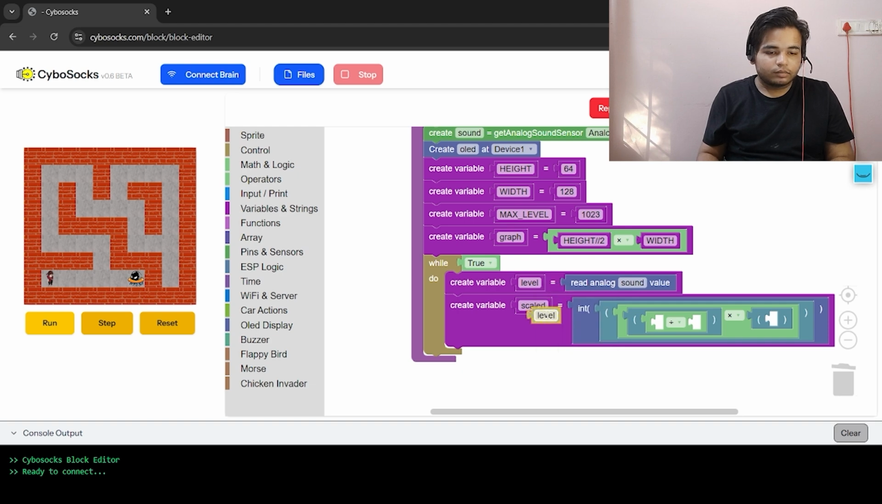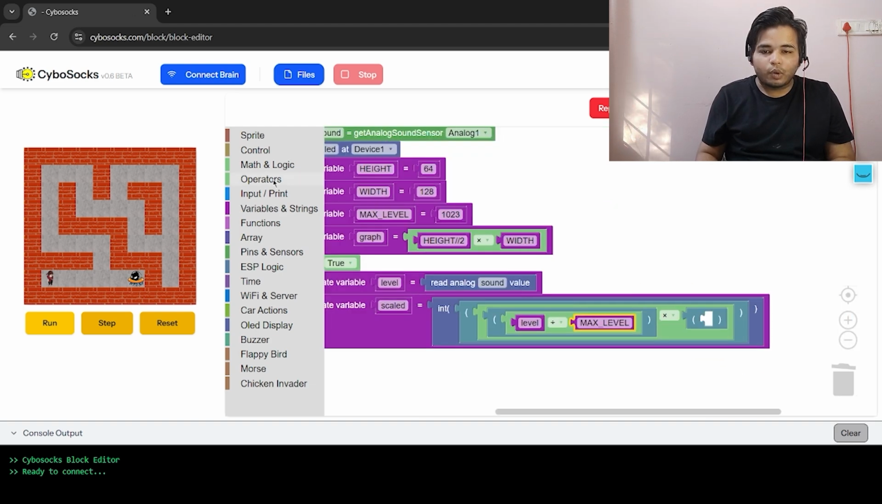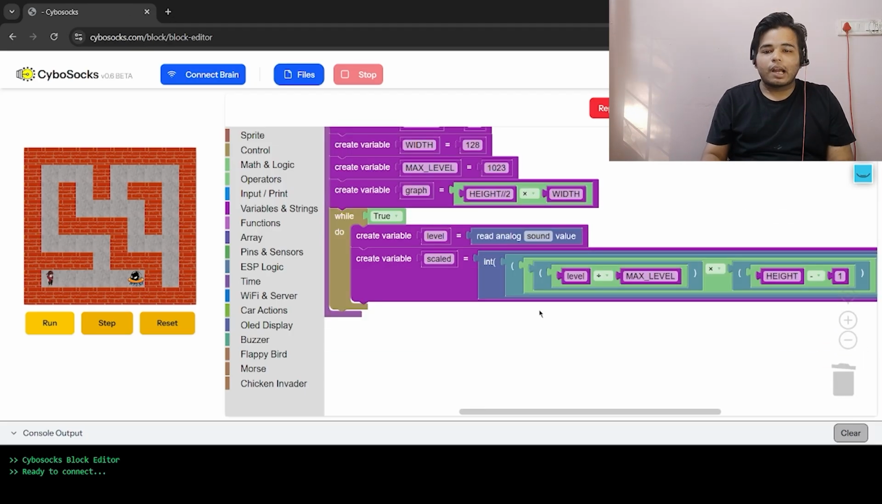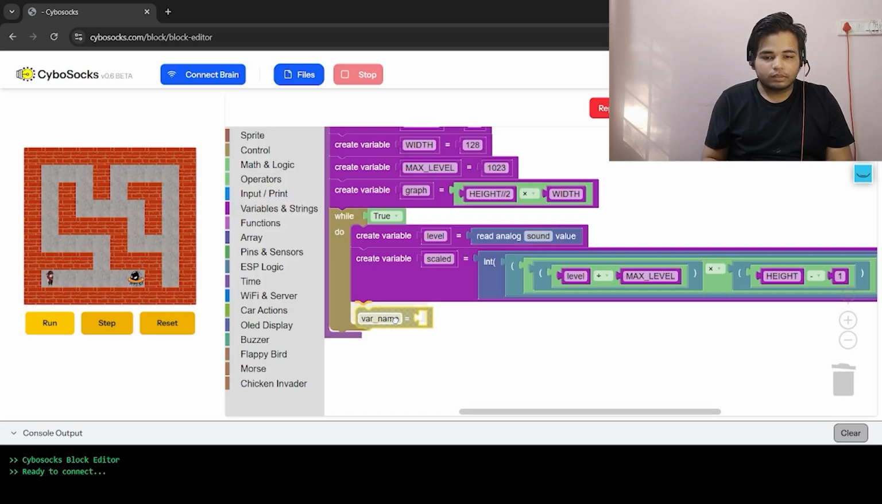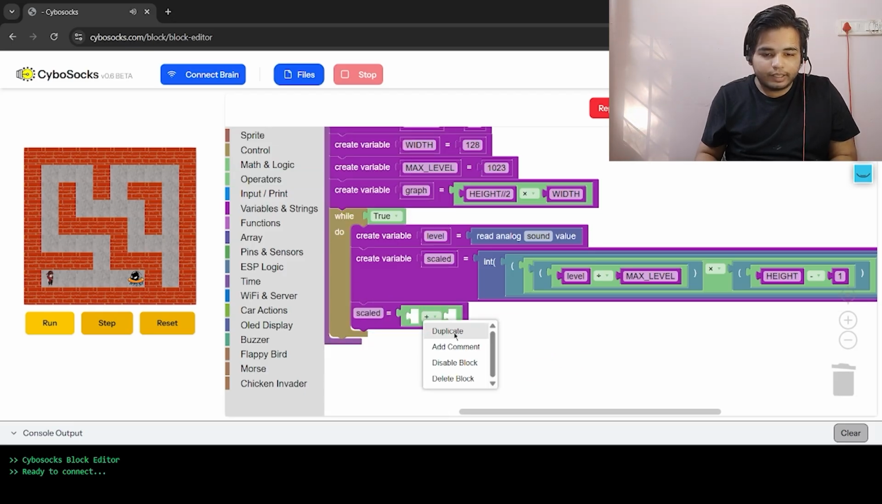Duplicate this and duplicate this. After this, go to operators, pick arithmetic block, duplicate height, duplicate this block, and write 1. Choose subtraction. Now go to variables and string, pick change variable value block, write scaled. Now go to operators, pick operator block, duplicate this, put it here, choose subtraction for both, duplicate height,